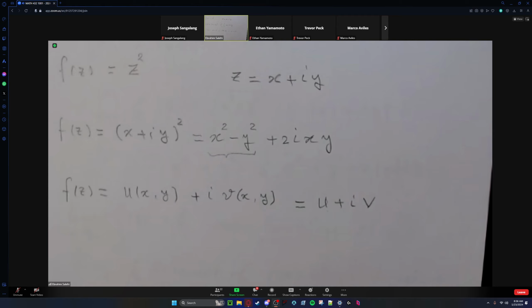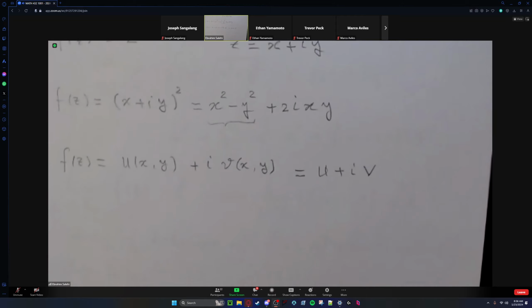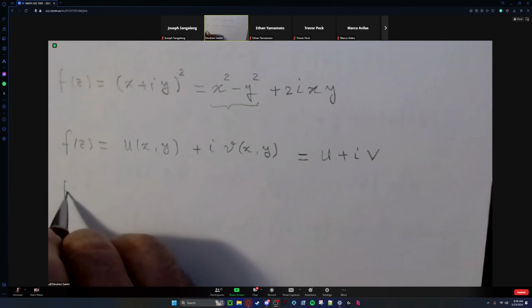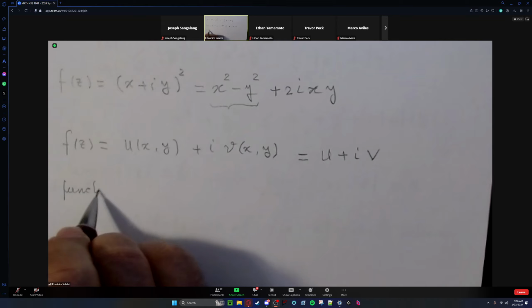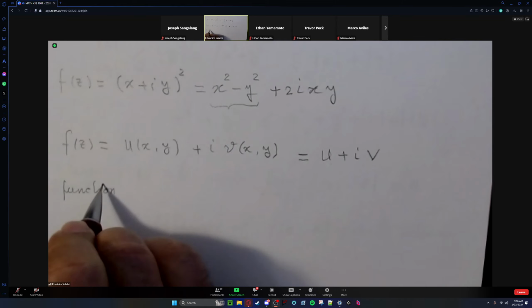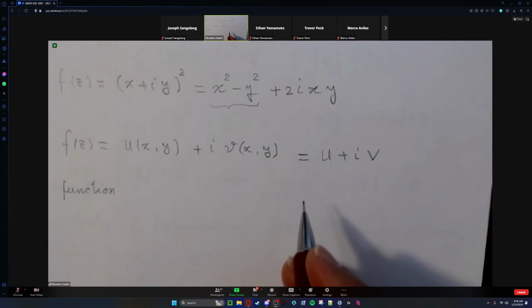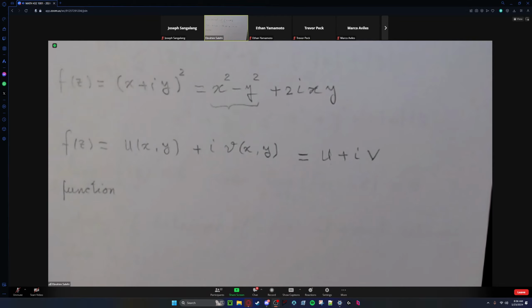All right, these terms are coming from calculus. You have seen these terms anytime. Okay, let me make sure that we understand what's going on. Anytime you have a function, either real valued or complex valued, there are some